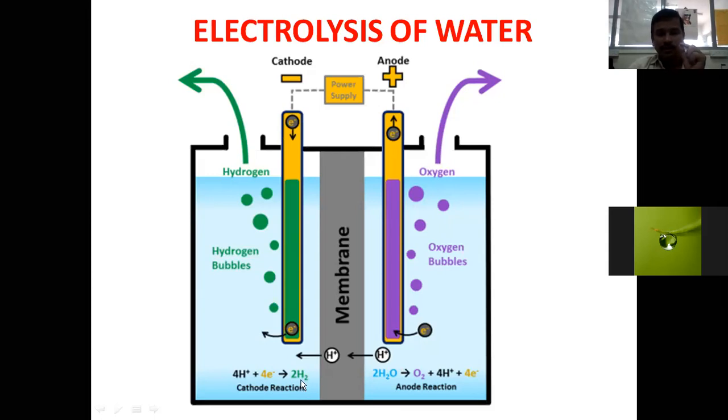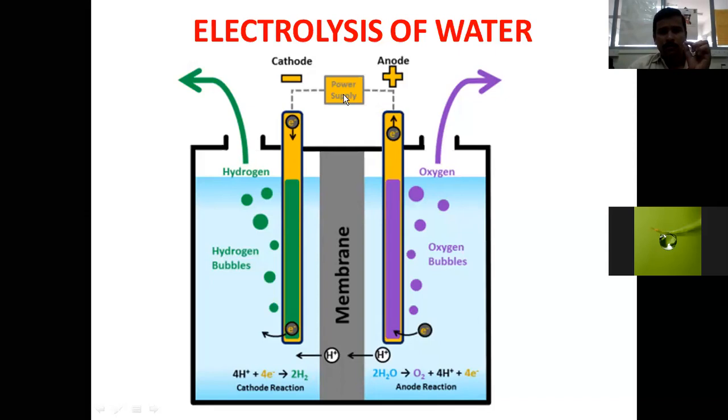So at the cathode, hydrogen gas is released, at the anode, oxygen gas is released. And you can see the bubbling action of the hydrogen gas and oxygen gas at the cathode and anode respectively. So this electrolysis of water will initiate the release of hydrogen and oxygen at the cathode and anode respectively. And this is due to the conversion of water to oxygen and hydrogen, and they are taking place at the anode and cathode respectively.